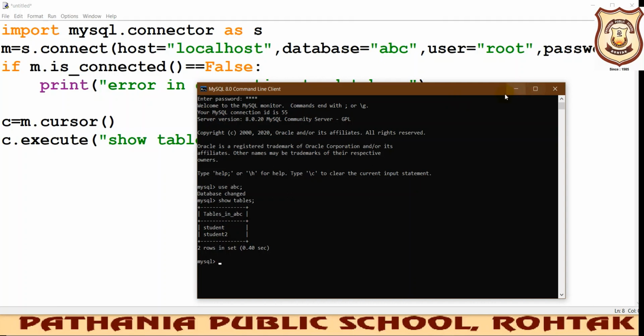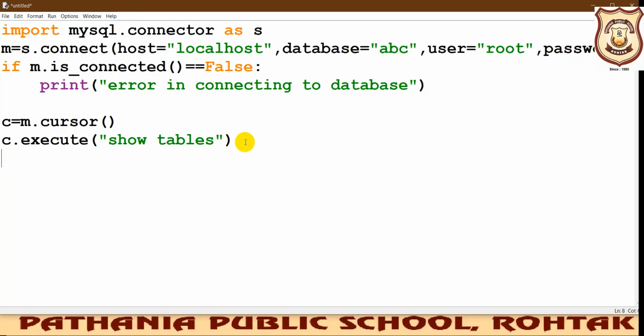Okay, so let us continue. We want these two table names to be printed when we run this particular program. There were two values, right? So for getting those two values printed, we must have a for loop, to print different values in Python.